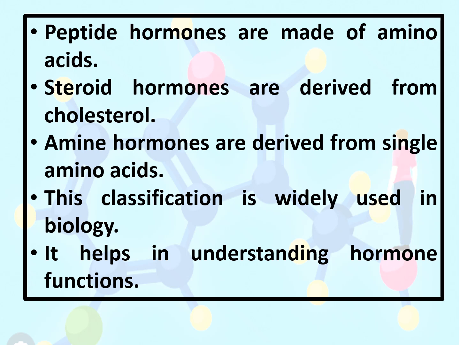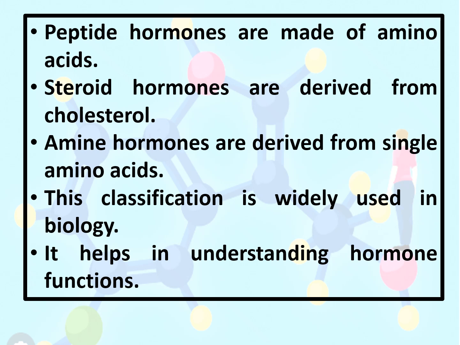These are derived from cholesterol. Cholesterol is one of the major components we study under lipid metabolism. Cholesterol contains carbon, hydrogen, and oxygen, and it is a 27 carbon ring structure. That particular structure present in the cholesterol, we term as steroid nucleus. Since these hormones are derived from cholesterol, they are named steroid hormones.